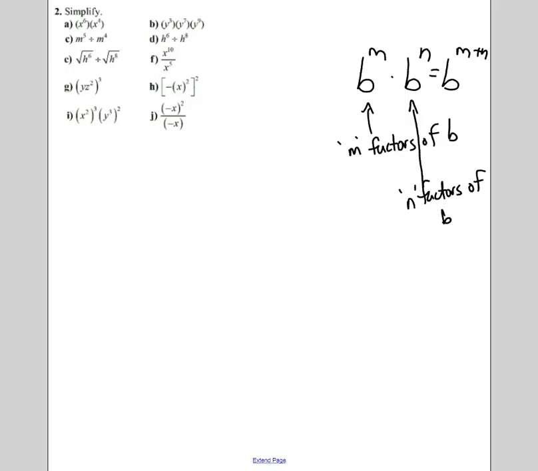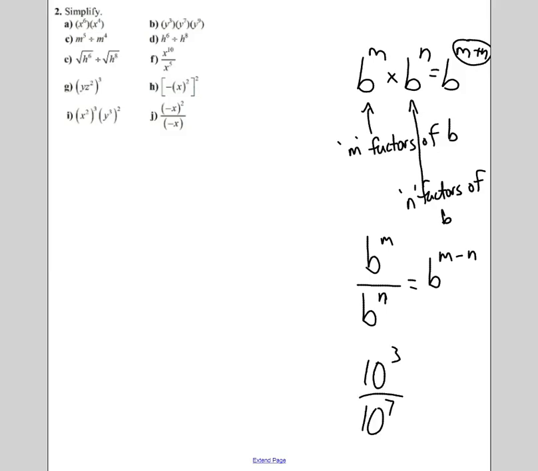And so collectively, if we multiply them together, then we're just going to be adding, taking a sum of the number of factors. When we divide, it's the opposite. The n factors of b take away from the m factors, which can do two things. It can decrease the number, and sometimes it can actually even make the number negative. So for example, 10 to the 3 divided by 10 to the 7 is a number less than 1. It's a negative exponent. It would be 10 to the negative 4, 3 subtract 7, and that would actually be